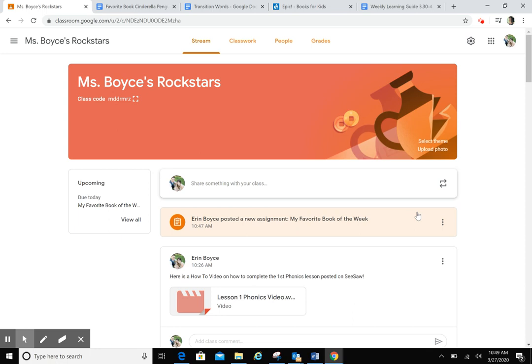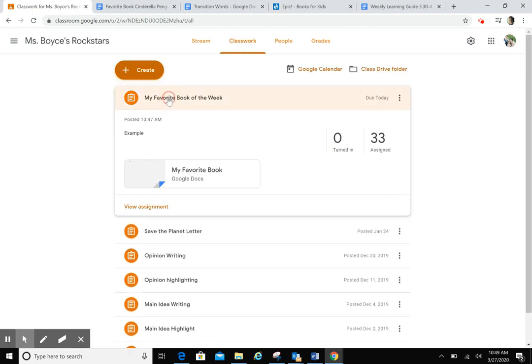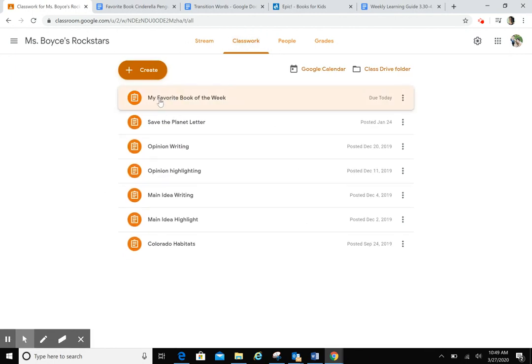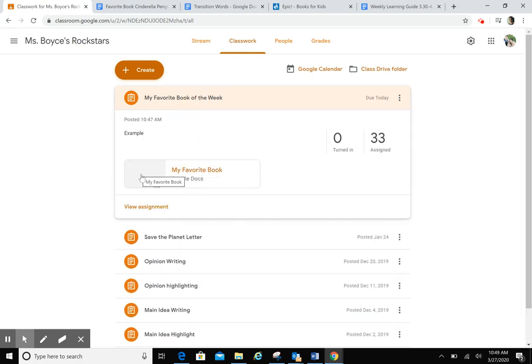These are instructions for your third writing lesson this week. To get there, you're going to go to classwork. At the top of the page, you will see an assignment. It'll first look like this, my favorite book of the week. Click on that. It's easiest for students to click on the picture, and it will bring them each to their